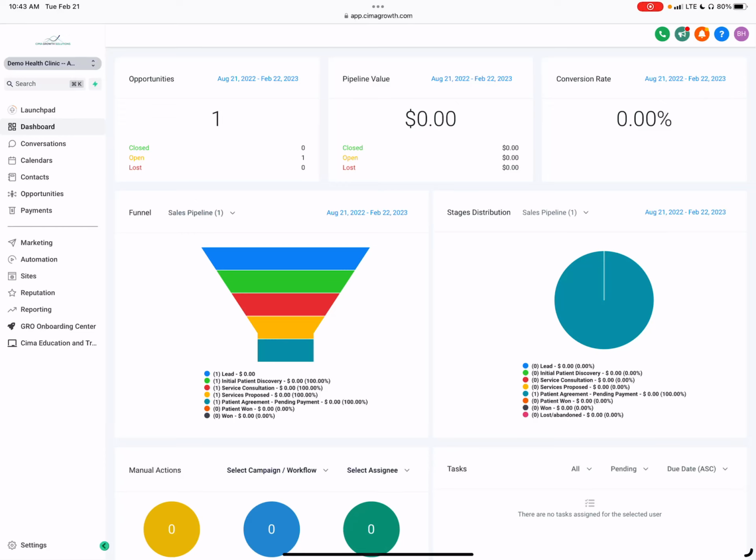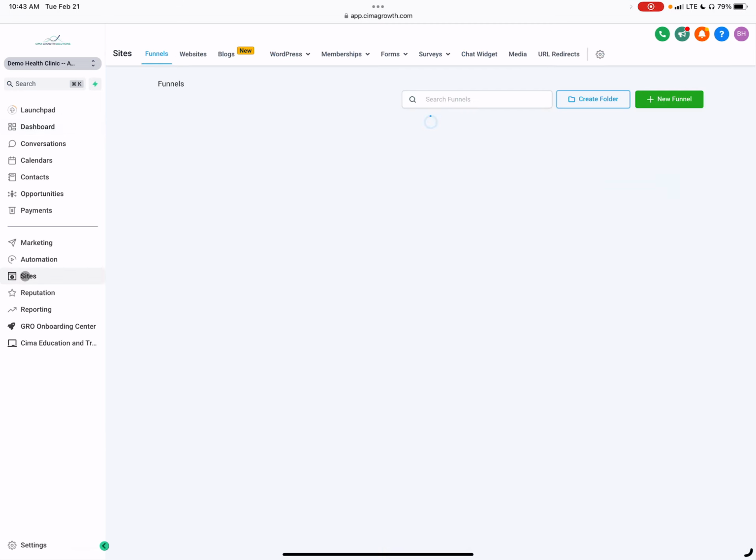Good morning, everyone. Today I wanted to take time to show you how to create a HIPAA compliant medical form in our system. This would be very similar to using JotForm or Typeform to create a questionnaire for the intake of a patient. In order to do that, there's a couple features in our platform that allow you to process